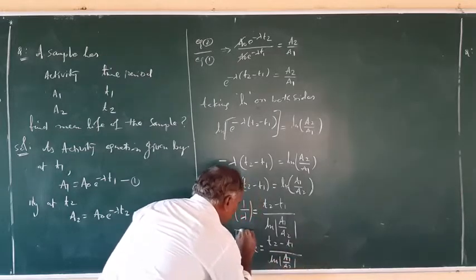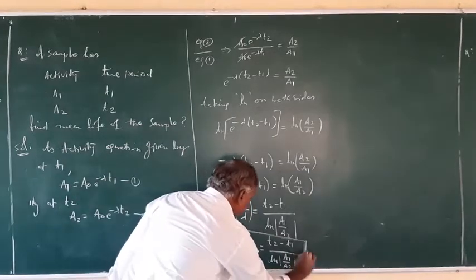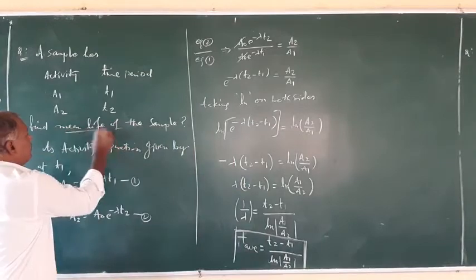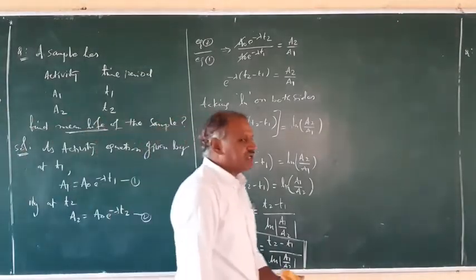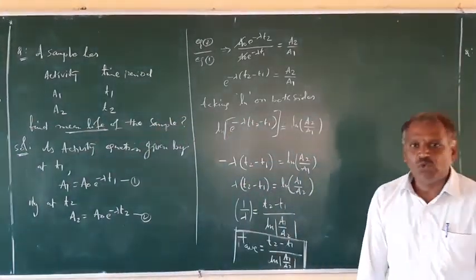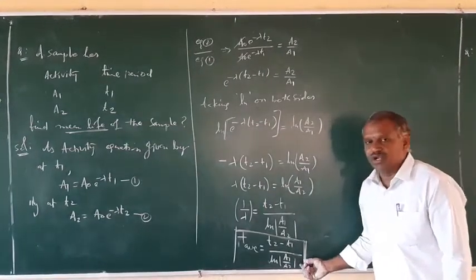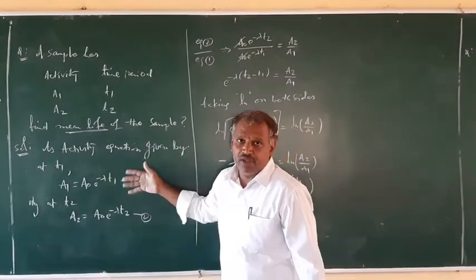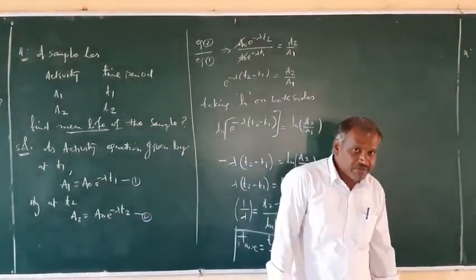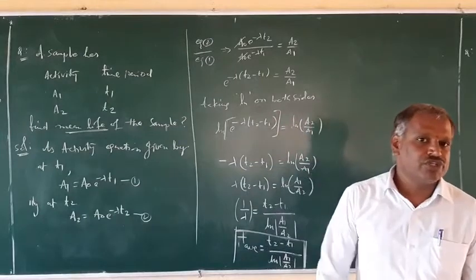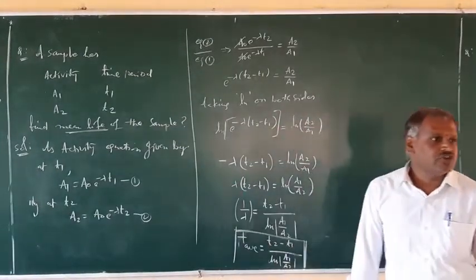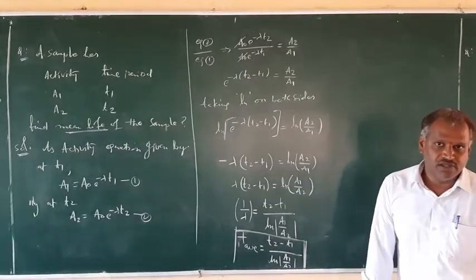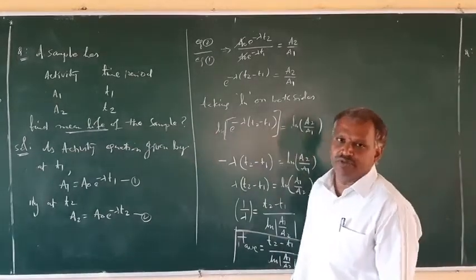So this is the equation for the average lifetime period or mean lifetime period, in terms of T1, T2 and A1, A2. So in this, just write the equation for activity of the radioactive sample at different time intervals T1, T2, where we have A1, A2, divide one by the other and write the equation for 1 by lambda. Then 1 by lambda is nothing but the mean lifetime period only, right? So this is another question we have.